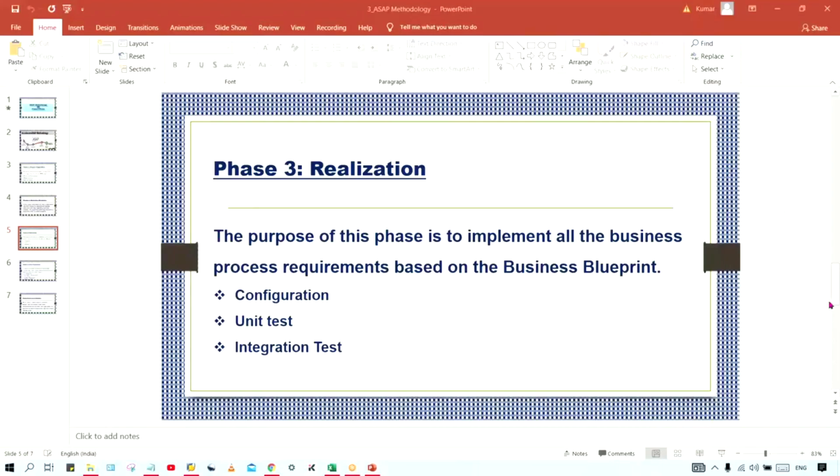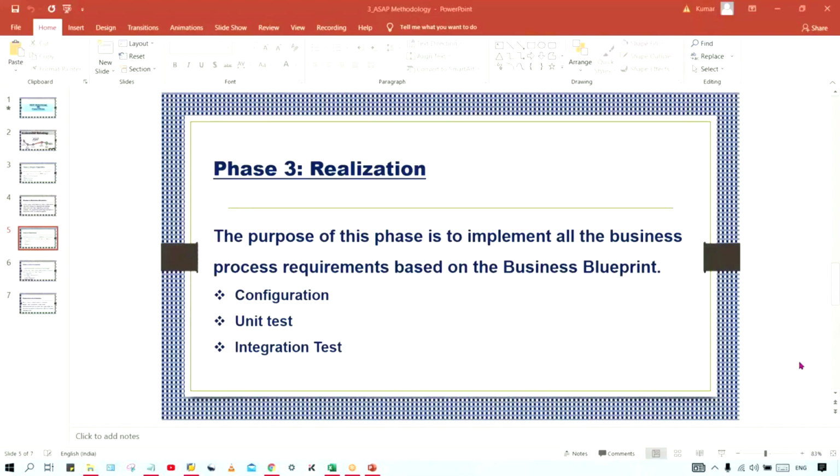Unit and integration? Sir, unit test is the one which we do individually to each and everything, and integrated is a whole part. Sir, how to explain?